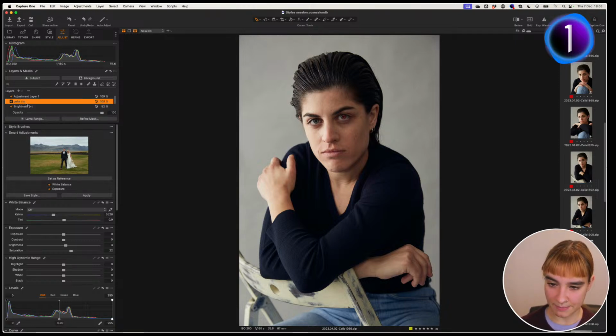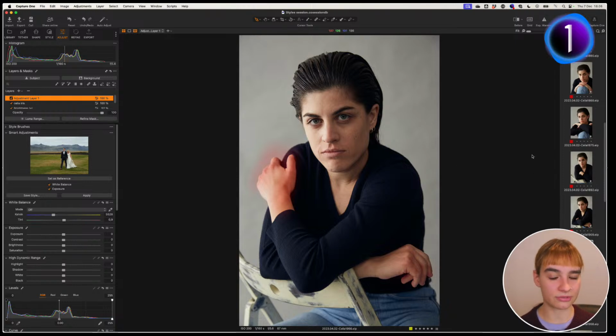Then we have a mask for the eyes, and then we have a different mask for the hand. So these are the adjustments that I'm going to copy and apply to the different images as a style. The thing is that because these three different layers have specific masks assigned to specific pixels, like I've been just brushing them in, right? So when you do that, you cannot put these layers into a style